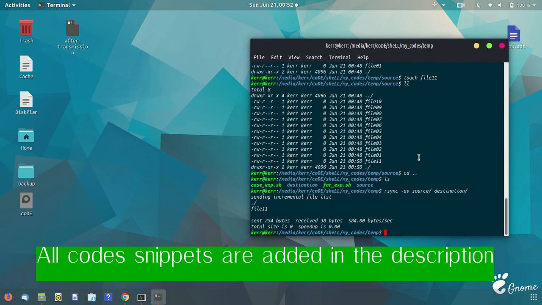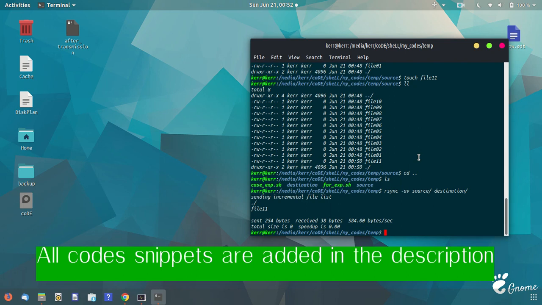The dry run helps us see, after running this command without dry run, which files will be changed within the destination. So that gives us a view of the future changes that can be made by using the command directly.